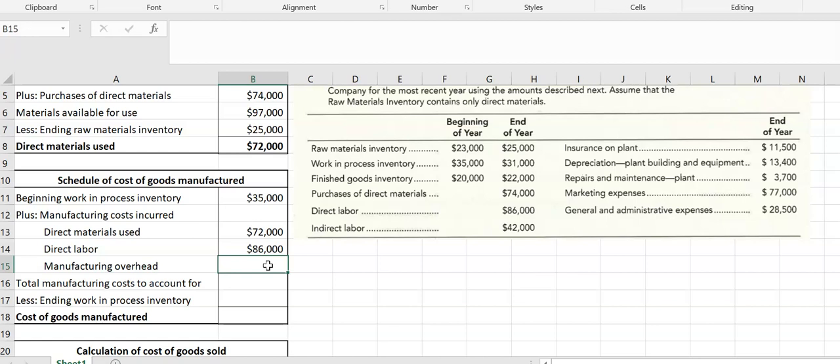So now what I will do, I will add up all these, but I'll not write all the numbers. Rather, I use a small function here. I put an equal sign and I want to show what numbers I want to add. So first we're going to add indirect labor, which is $42,000. So you need to write it down, 42,000, then put a plus sign. You have to add the next item, which is insurance on plant, which is